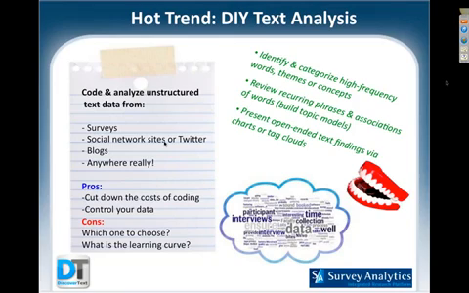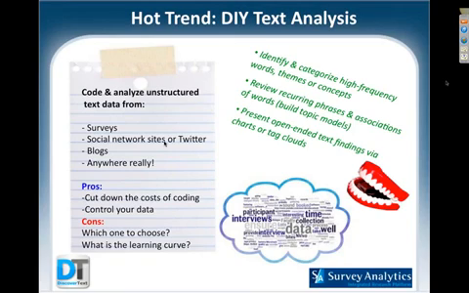Some of the pros include cutting down on cost for coding. In the past, many companies would take your open-ended text and send it to a research firm to have a coding department code it for you and do all these categorizations.